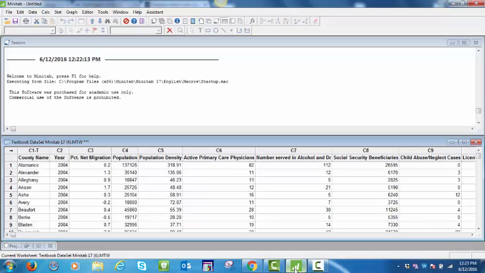When you first open the data file, you'll see the window below. The Minitab commands are located across the top of the screen. The data is located in columns, each titled CXX, for instance, C2, C3. Numerical data does not have an extension after it. For example, if we look at columns C25,